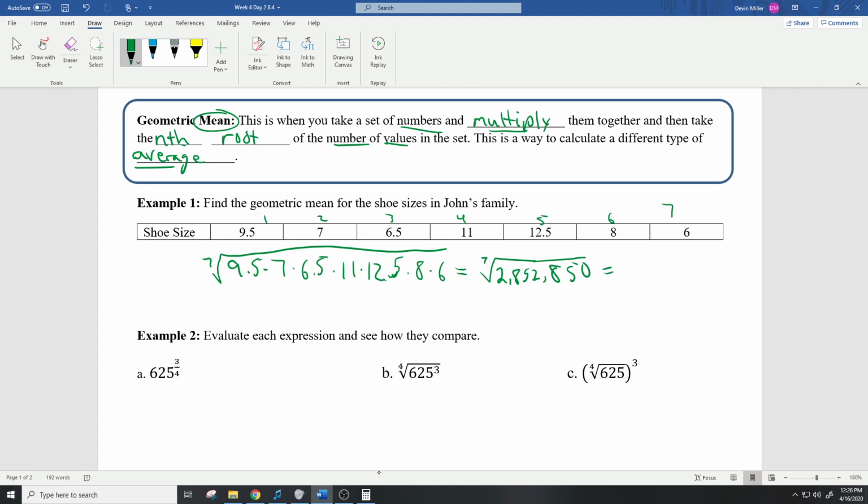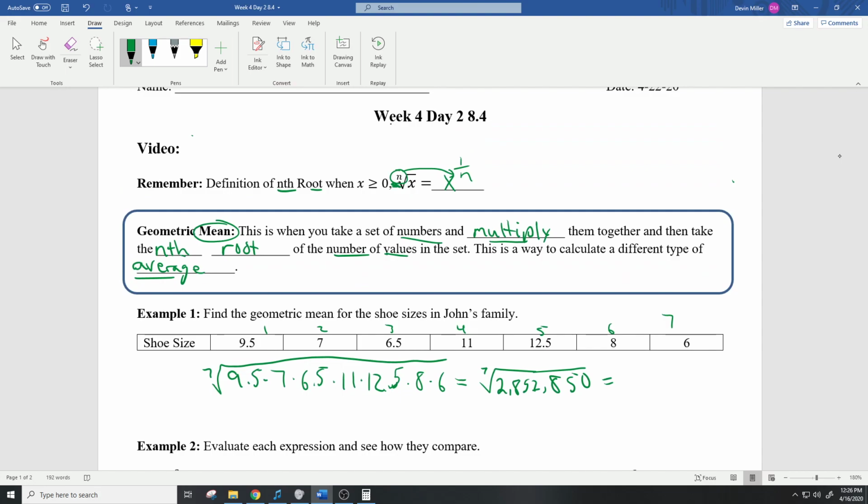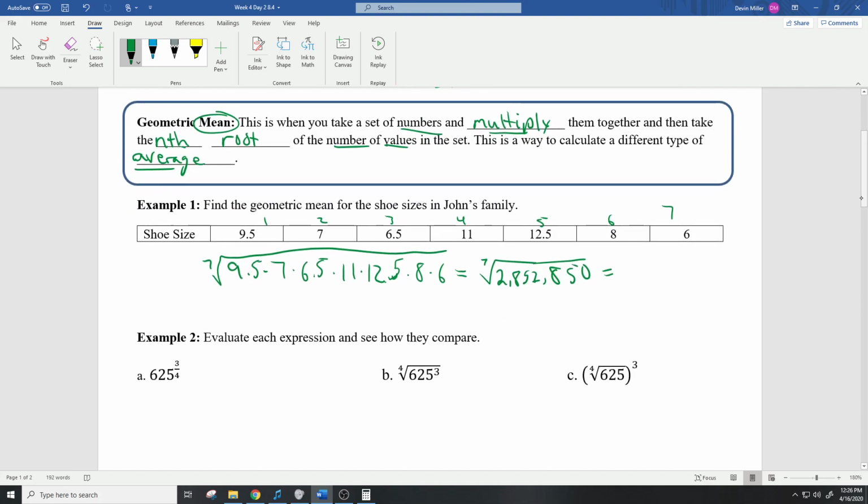Now we don't have to actually put this 7th root in the calculator. We can change it by using this up here. If you go back up here, we can change this root symbol to an exponent, a power. They call that a rational exponent. So I'm going to do that. I'm going to rewrite this as the